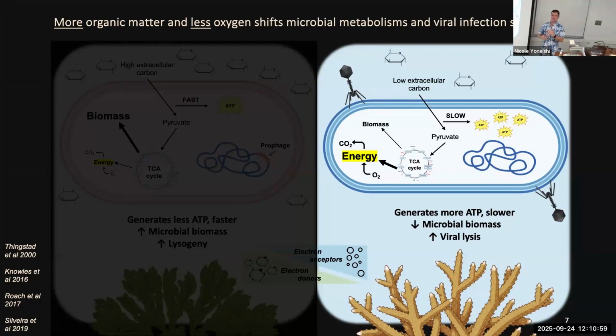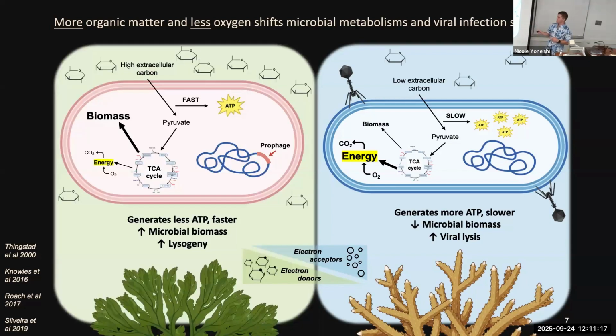So they're trying to eke out as much as they can from these carbon sources. And they end up fully oxidizing these carbohydrates to CO2. And then that results in kind of these lean microbes. We can think of them as smaller, leaner microbes with lower biomass. And these are really good prey for viruses. And so we see a lot of lytic predation happening here.